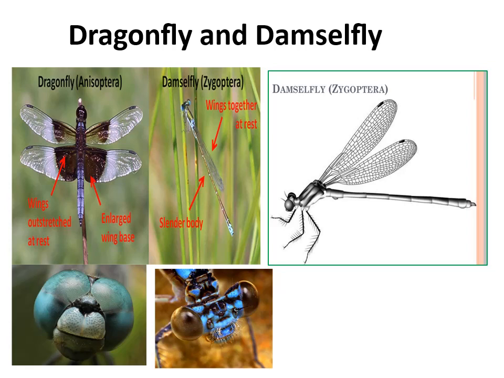But in case of the damselfly, both the compound eyes are well separated from each other at the dorsum, or in other words, the compound eyes are dicoptic in condition. So in case of the damselfly, the compound eyes are dicoptic, and in case of the dragonfly, compound eyes are holoptic or meeting at the dorsum. So on the basis of compound eyes and on the basis of wings, you can easily identify the dragonflies or damselflies.